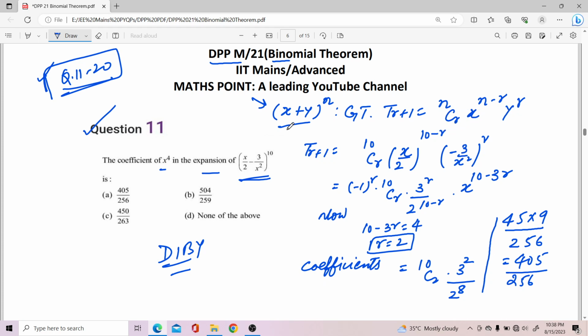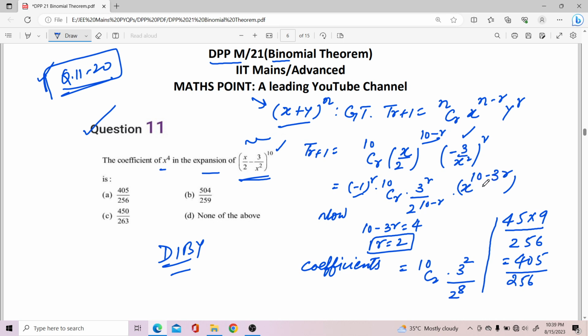Here if you compare this x plus y with this expression, you will get x equals x by 2 and y equals minus 3 by x square. You place all these values, and in place of n it is 10. We have consolidated the power of x. We have taken (−1)^r outside, it is 10Cr, and we have got 2 raised to 10 minus r and 3 raised to r, and we have consolidated the power of x, that is x raised to